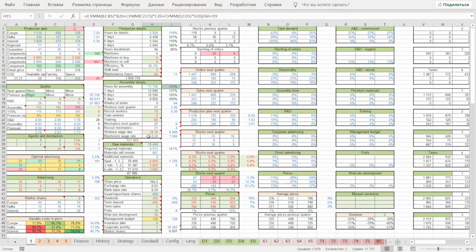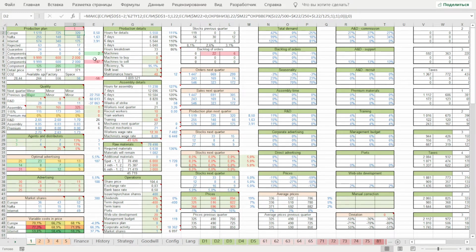When calculating required raw materials, the model takes into account the production plan of products, high quality raw materials or premium materials, and stock of components. Further, according to previously made orders for supply of raw materials and the current balance in stock, the required volume of materials for production in the current period is calculated. Let's set switch D1 to value 1.